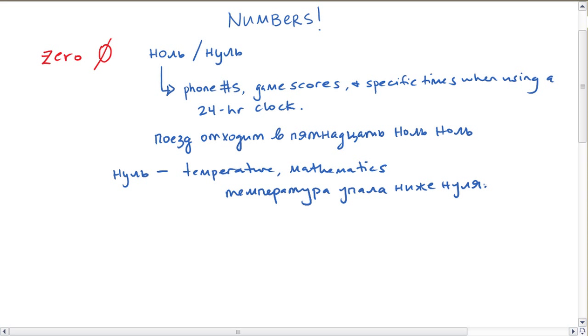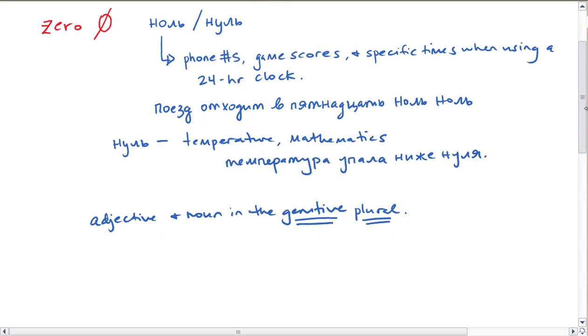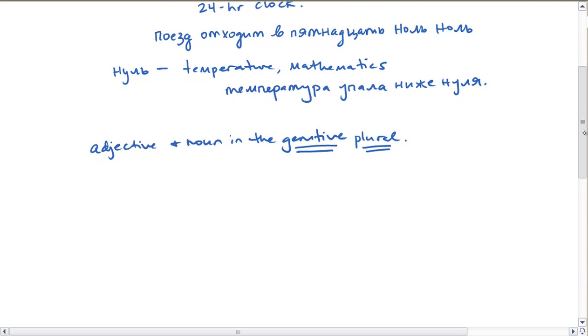So 0's pretty straightforward. If you have any adjectives or nouns with the number 0, and all other numbers that end in 0, like 20 and 100, you are going to put adjective and noun in the genitive plural. Okay, so now let's look at